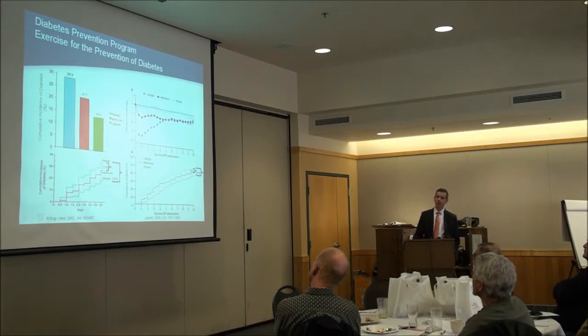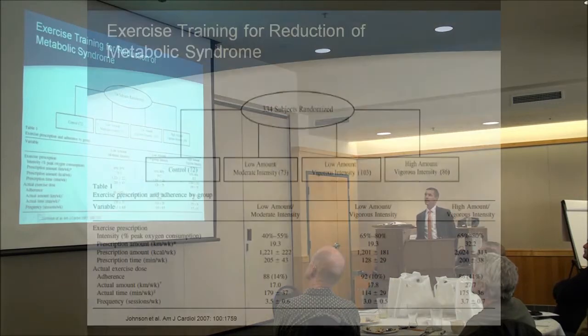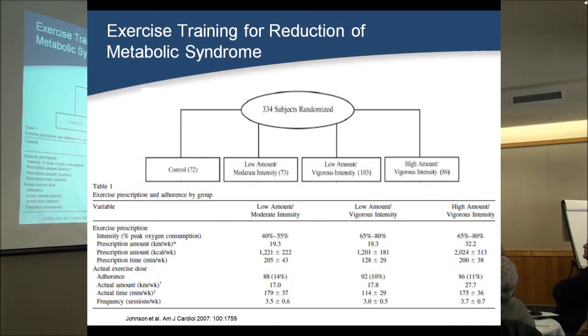So still 16% risk reduction benefit with therapeutic lifestyle modification over a 10 year period of time for the development of diabetes. That's pretty powerful. Well, so that's for the development of diabetes, and how about if you have prediabetes? Well, what about if you have metabolic syndrome? Well, there's an exercise training